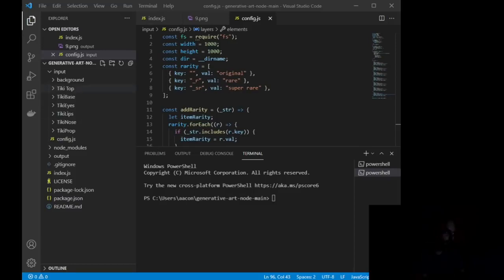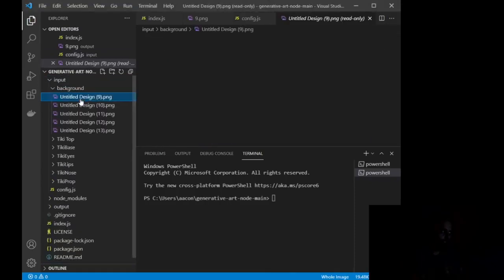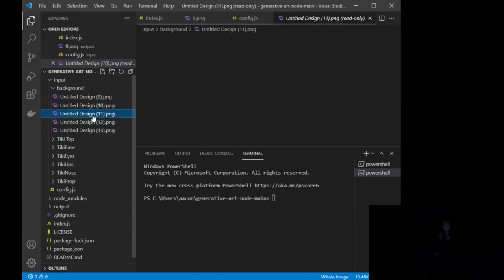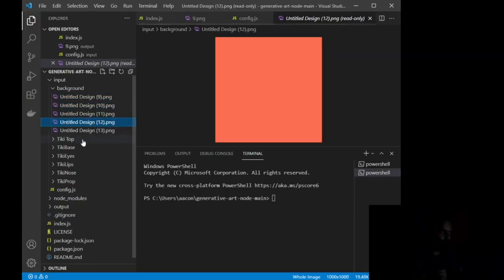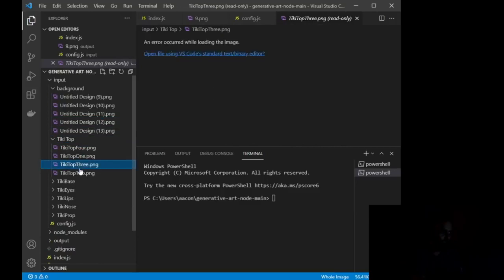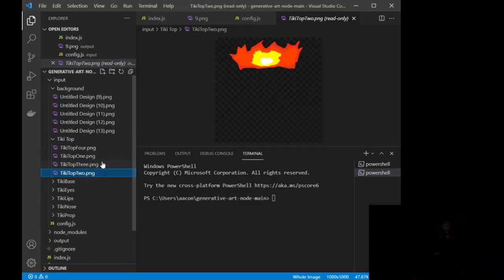So what you're seeing on the left side here in input is a folder inside of this main generative art node main, and inside of the input folders we have all of these different folders where we have our backgrounds. Right, so if I load these, you'll see all of the different backgrounds that I have, so on and so forth. You can see the different head pieces that I have created,